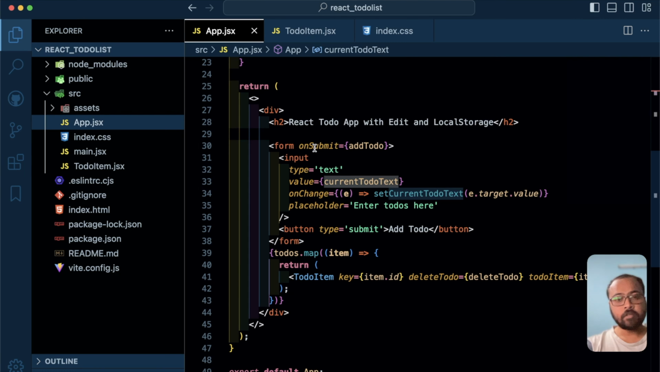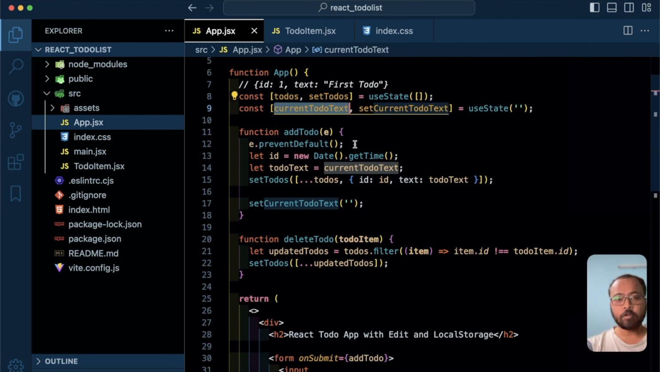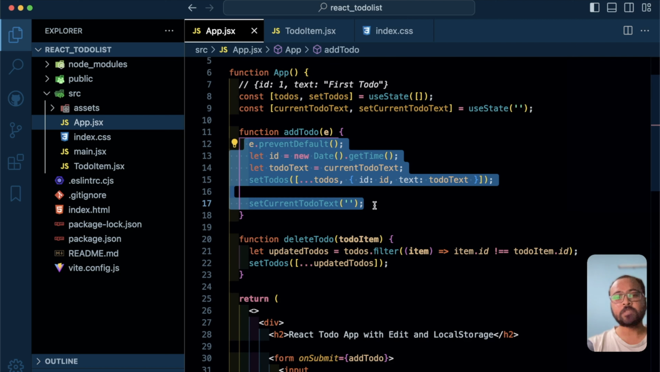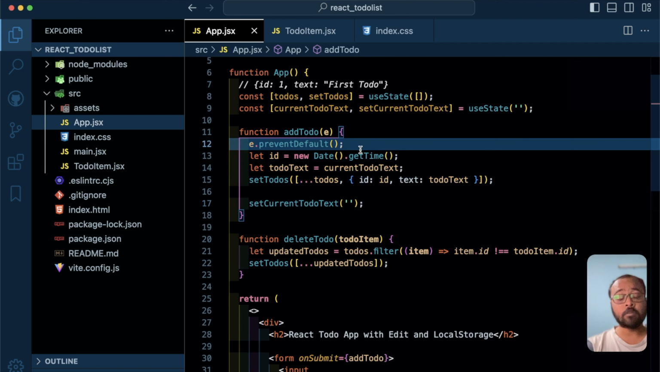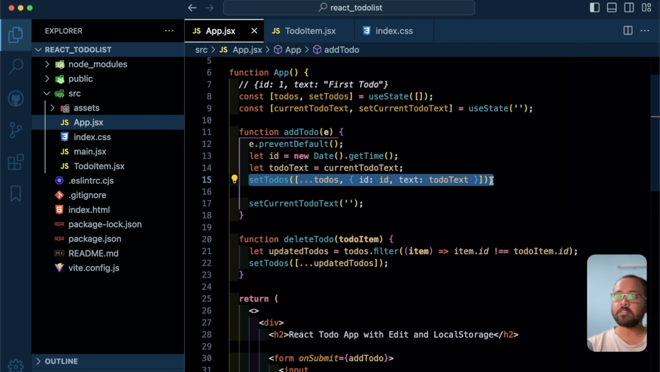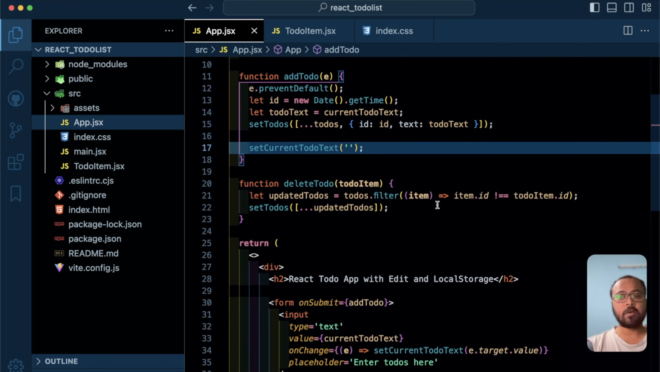And now when the user submits the form, we are calling this add to do function, and first we are stopping the page from being refreshed by calling e.preventDefault. Now we are creating a new ID, and we are extracting the to do text, and then we are creating a new to do and setting it into the state. And then we have a delete button. When we click on this delete button, we are just removing that specific to do from the state, and now it shows up on the screen. So that is how you can create a simple to do app with add to do and delete to do